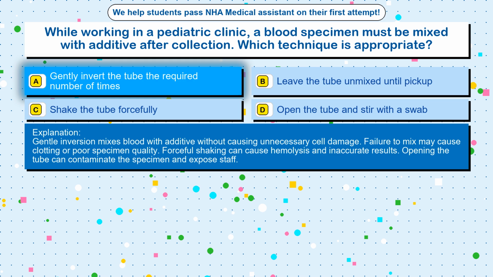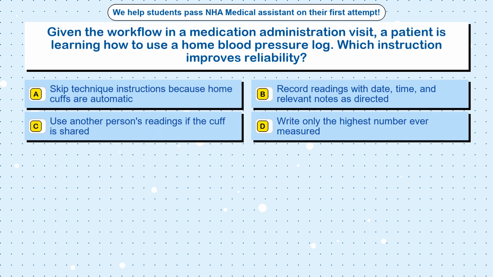Gentle inversion mixes blood with additive without causing unnecessary cell damage. Failure to mix may cause clotting or poor specimen quality. Forceful shaking can cause hemolysis and inaccurate results. Opening the tube can contaminate the specimen and expose staff. Question 41. Given the workflow in a medication administration visit, a patient is learning how to use a home blood